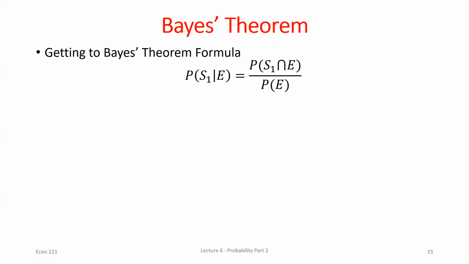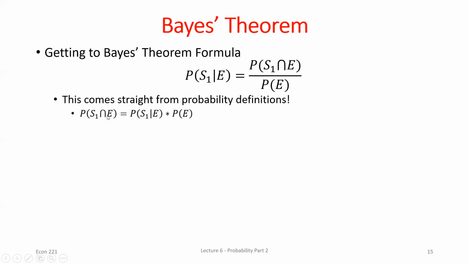There's going to be some people in that group of people who just see a positive test result but actually don't have the disease, right? So we can kind of think about our denominator here as all the people that get a positive test result, and our numerator is people who get a positive test result and actually have the disease, okay? So,